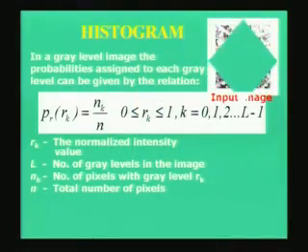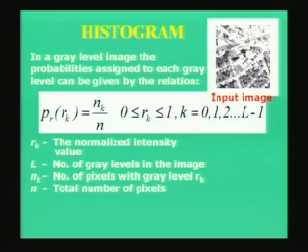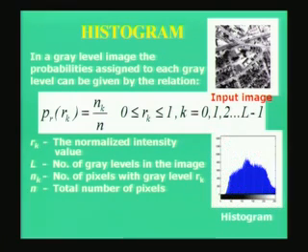So, the plot of P R of r k versus r k is nothing but the histogram of the image. So, let us look at an example of an image. This is a typical example of a satellite image. The histogram of the image is given below. So, if you look at this plot,